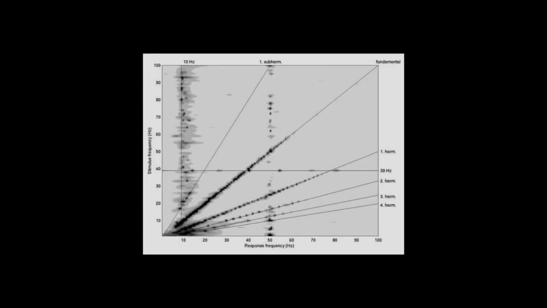The way my platform measures neural resonance is derived from the work of neuroscientist Christoph Herrmann. This graph shows the results of his study on neural resonance, plotting neural response frequency against stimulus frequency. In the graph, we can see some dark patches with lines drawn through them. The dark patches show neural resonance, and from this we can also see that resonance occurs at many different frequencies